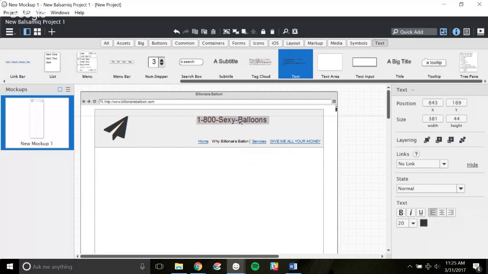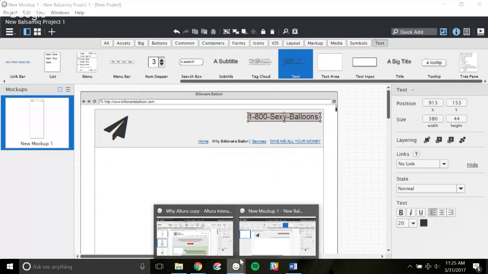But the other thing you can do, if I wanted to move this one pixel at a time, is use my arrow keys: left, right, up, down, if you really want to make a tiny movement and dragging it is too hard. If you want to move it 10 pixels at a time, hold down Alt. I think it's Alt, but normally you can move it around more pixels at a time by holding it down. So I want to drag this and plop it right there at the top, and now you can see